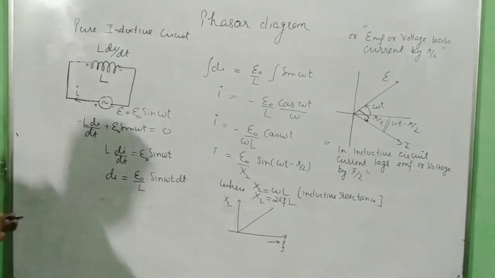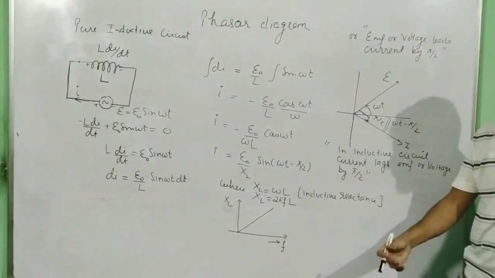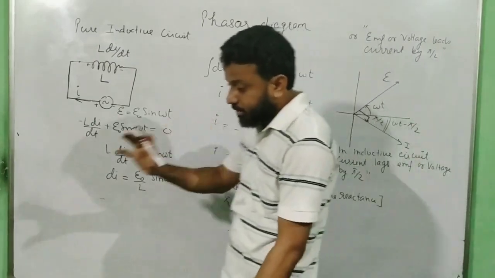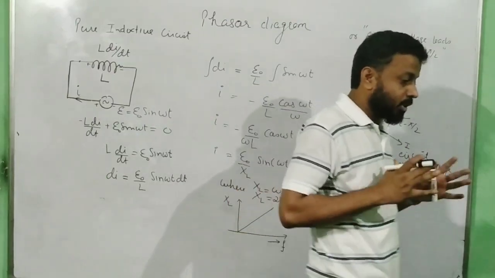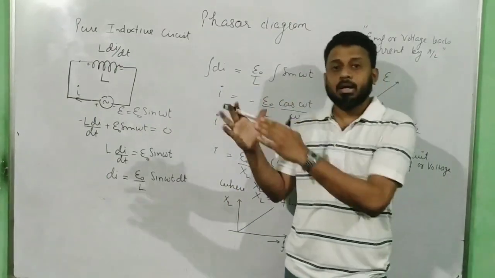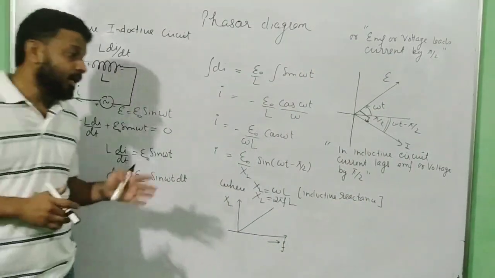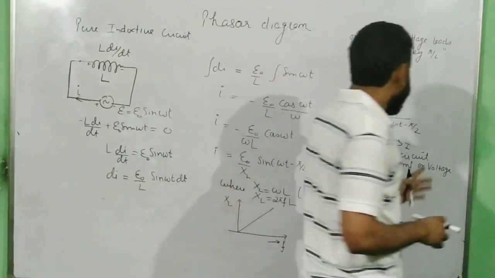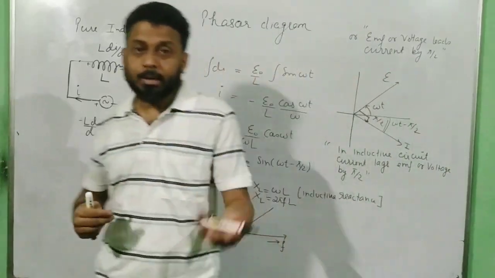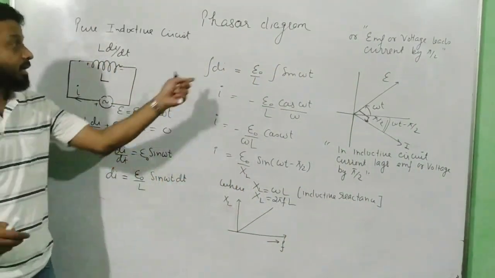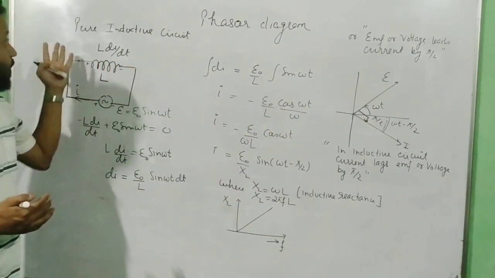Okay? So I'll just give a summary now, and in the next lecture we are going to see how we tackle the phasor diagram to do calculations and all. So I will just give the summary of what we have done in this class. We started with pure resistive. We saw in pure resistive that the EMF and the current are in the same phase. In the capacitive circuit, we saw that the current leads the EMF, and in the inductive circuit we saw that current lags the EMF. All the other statements are also true. In capacitive, EMF lags the current, and in inductive, EMF leads the current.